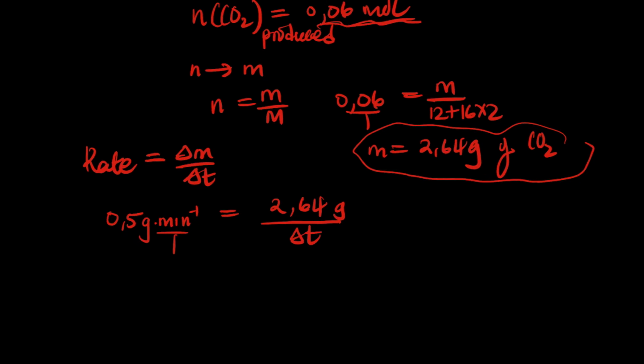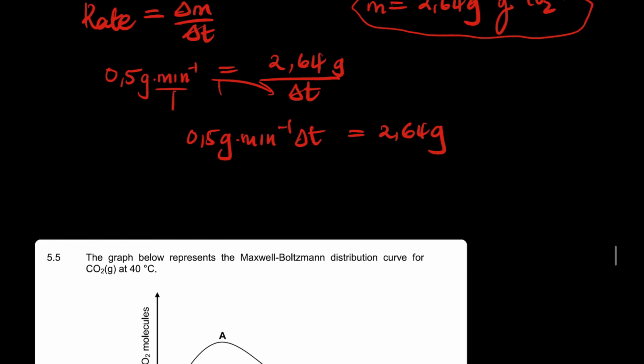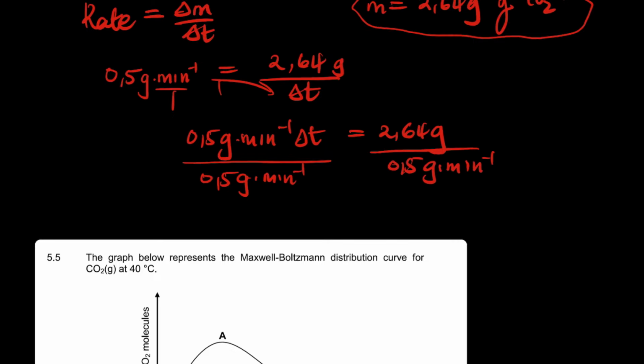This is going to be grams. I just want to show you the units there, you don't have to put that. So it's going to be 0.5 times 2.64. No, I'm joking, that's not the correct math. So it's going to be 0.5 gram per min times t when you cross multiply there, and then this side we're going to have 2.64 grams there, and then we divide by 0.5 gram per min, and then here we're going to have 0.5 gram per min,